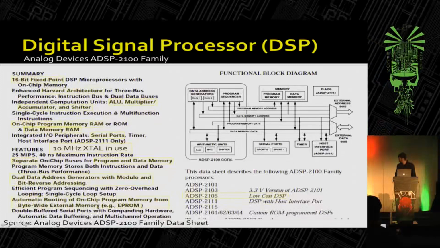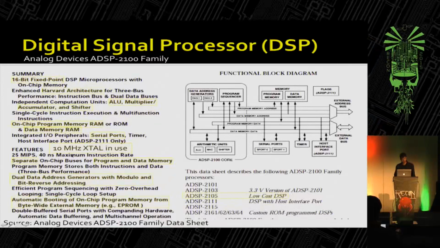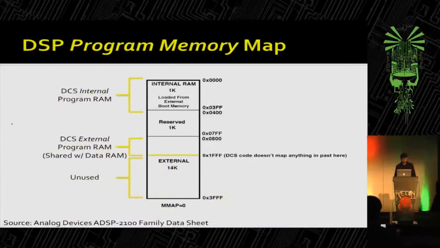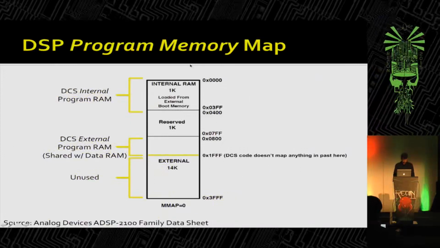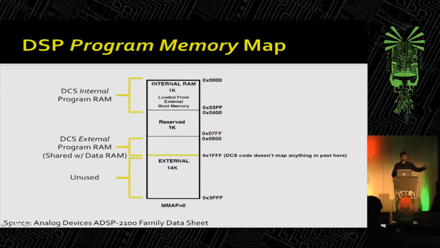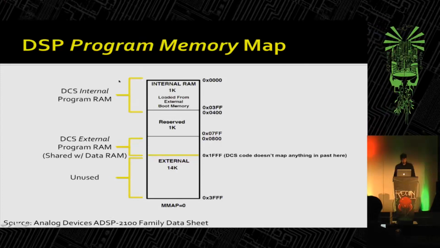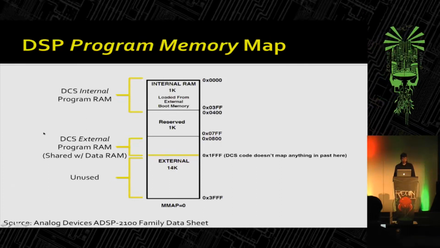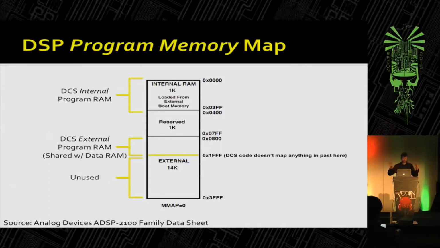And other than that, this particular implementation is clocked with a 10 megahertz crystal. And I think that's all the relevant stuff there. So here's what the program memory map looks like. The first chunk can be mapped in from external boot memory. So that's the internal program RAM. There is a chunk further up that's external program RAM, and that region is shared with the data RAM